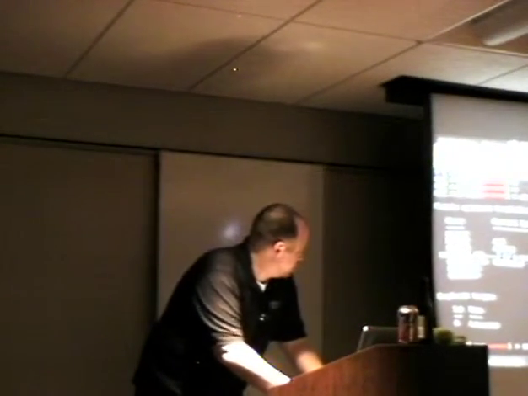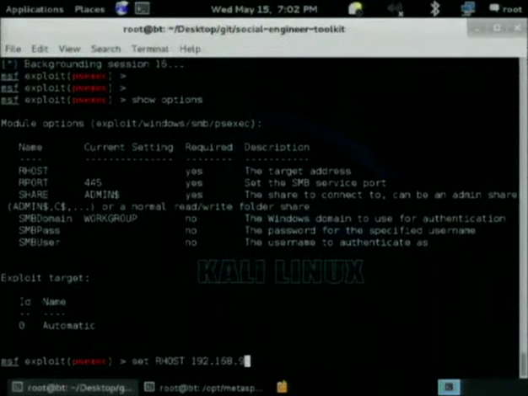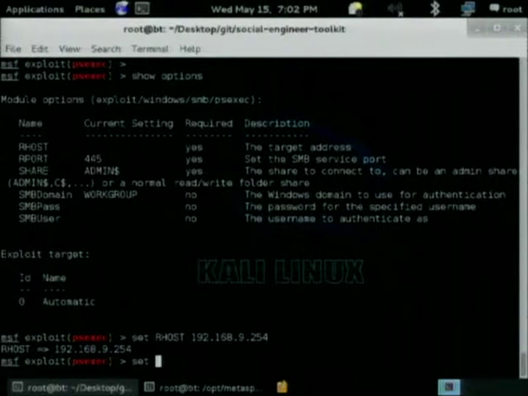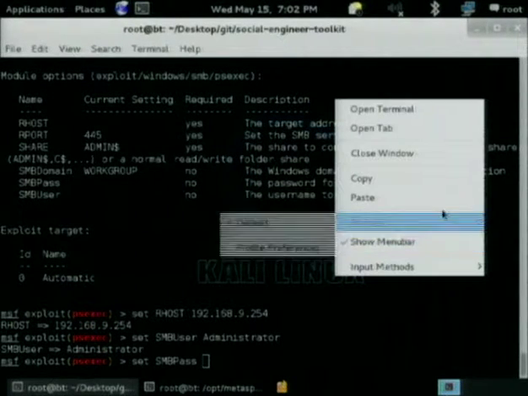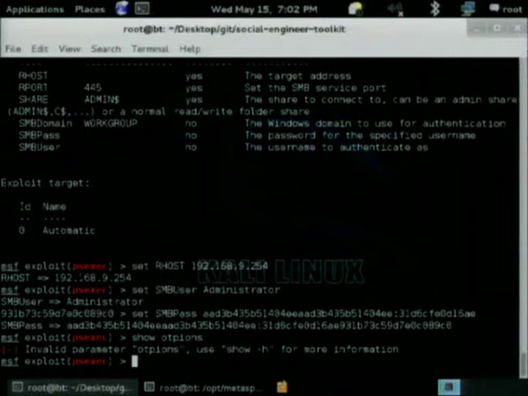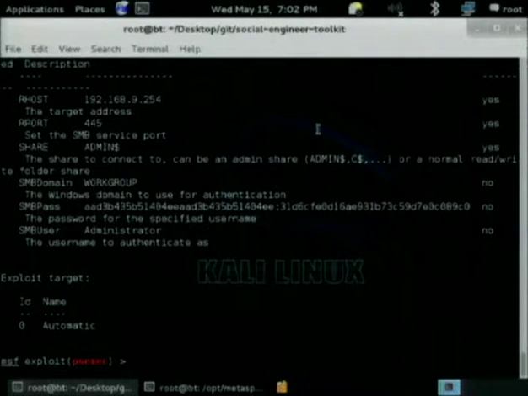So I just type in 192.168.1 or 9.254. Set SMB user to administrator. Set SMB pass to the hash value. Now if I show options again, you can see this is all set. All we would need to do then is just type exploit, and it would authenticate. Now again, I'm using a Windows 7 machine, so it has the firewall up. It's not going to allow it, but that would authenticate to the server, allow you to